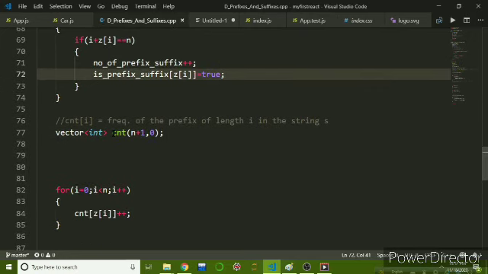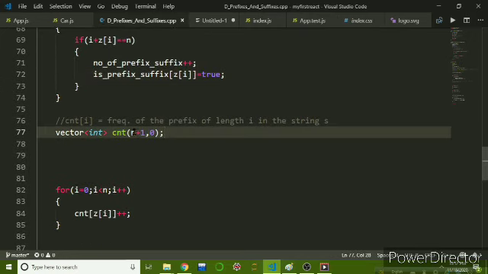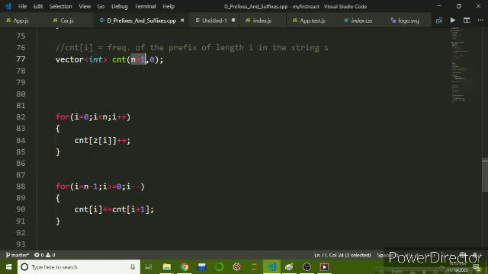So after that we are creating this frequency array of size n plus 1, because the maximum length of the prefix should be n. So we are taking this array of length n plus 1, so that we will get the indexes from 0 to n, and then we are just traversing the Z array, and we are incrementing the corresponding index as we have seen in the example.